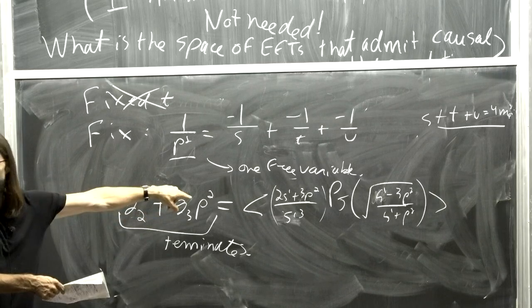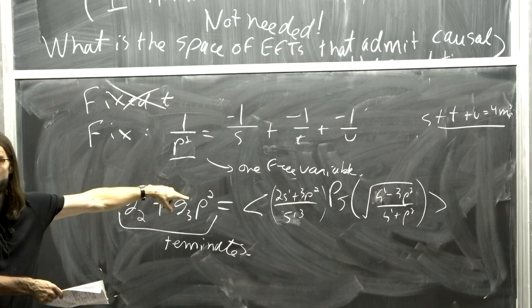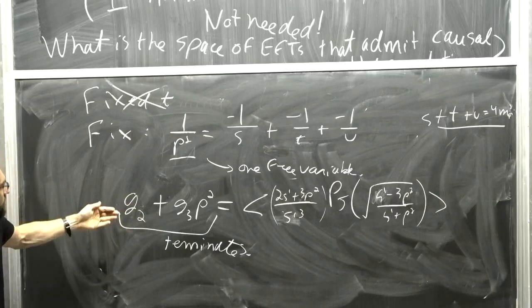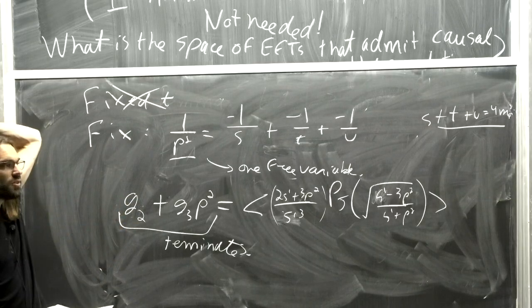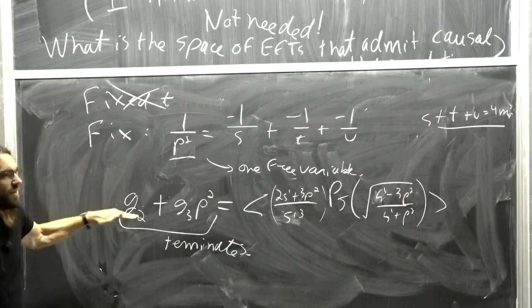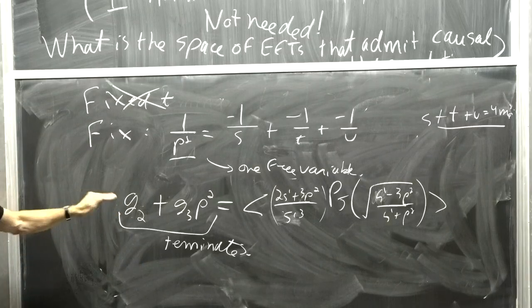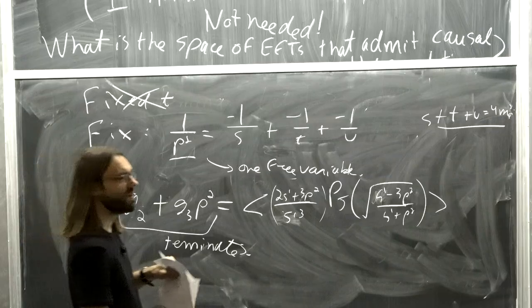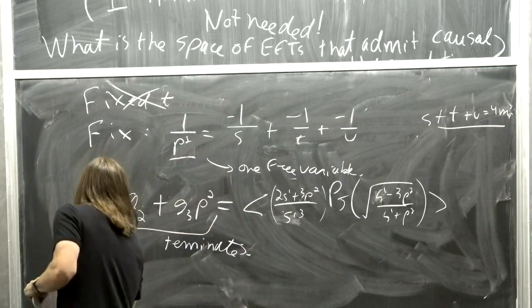You only have a finite number of couplings. So you do the twice subtracted dispersion relation version of this, you get 2 couplings. You do the next version of this, you get the next 3 couplings. You get a finite list of couplings at each order. It's very powerful. Is the final result the same? Sorry? Is the final result the same? Yeah, so at the end of the day,